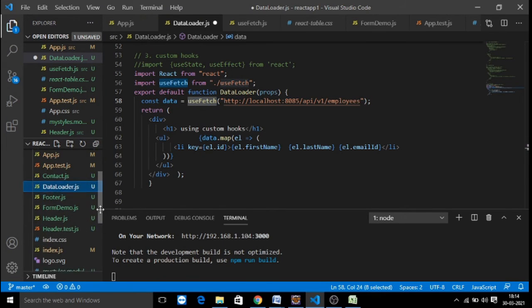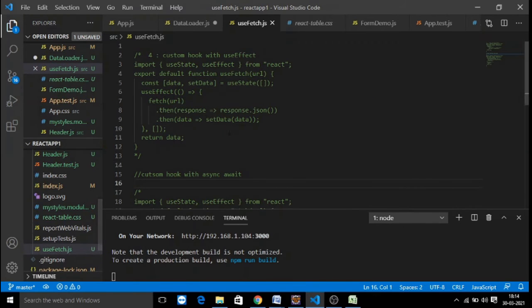useFetch is a custom hook that we created. This is a class that we created.